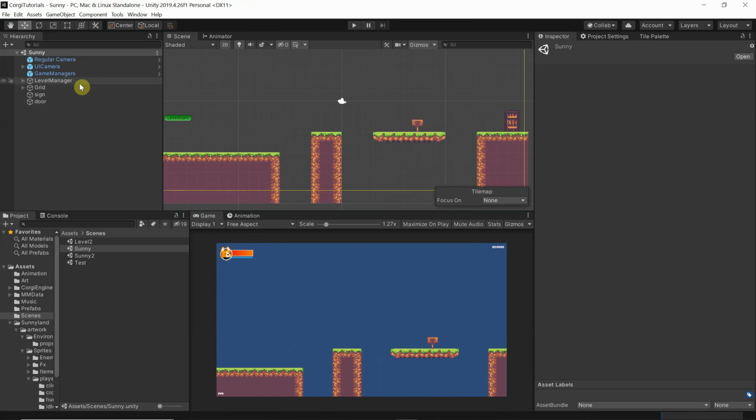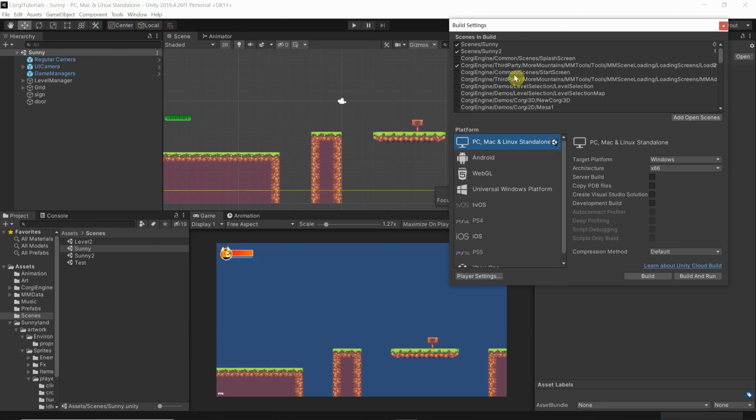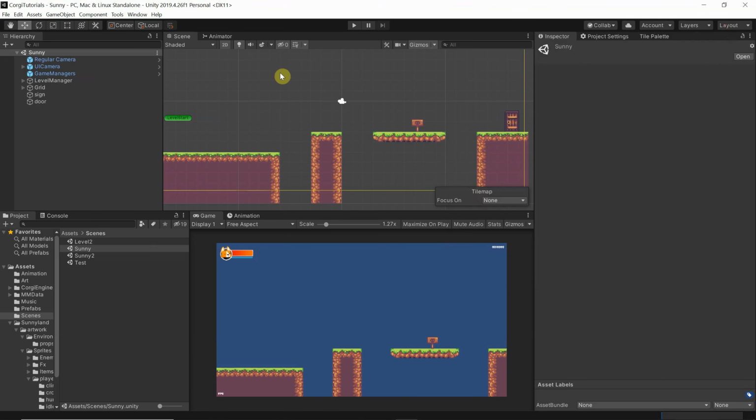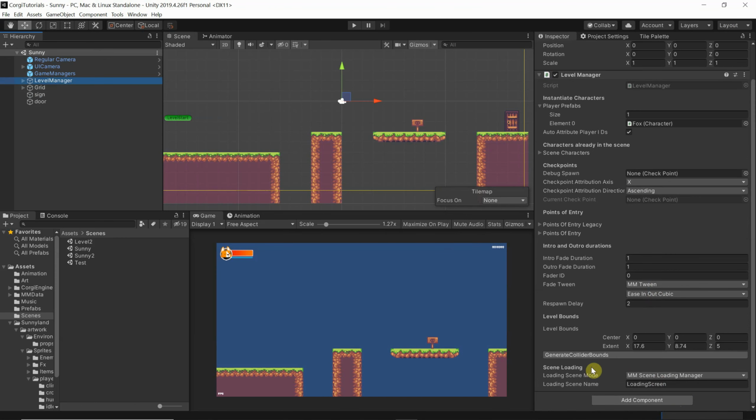Now there is something else I would like to tell you. You have seen this very nice loading screen. This is the one from More Mountains, which you have here, the loading scene. And if you go here to the level manager and go here to the scene loading, you will see that we have the loading screen here, which means if for some reason you would like to have something else, then